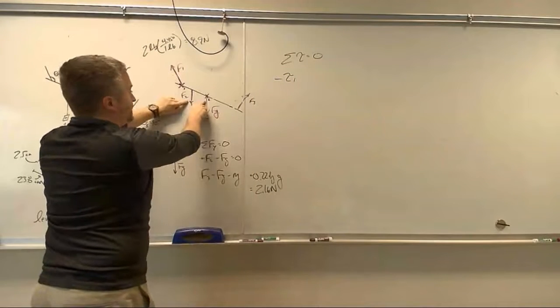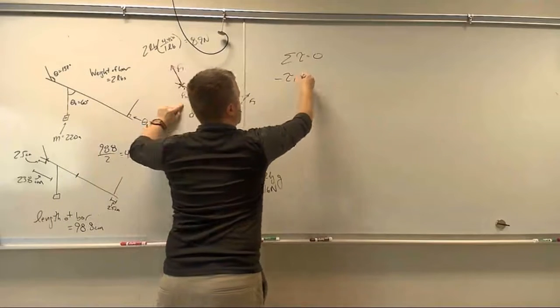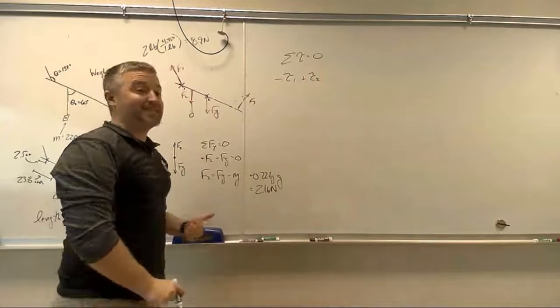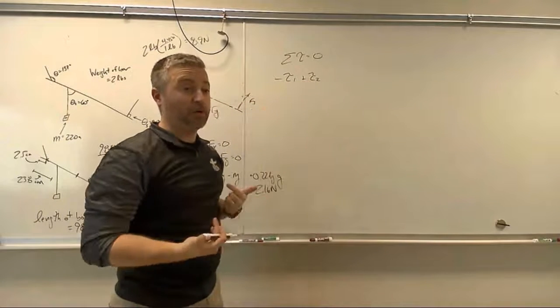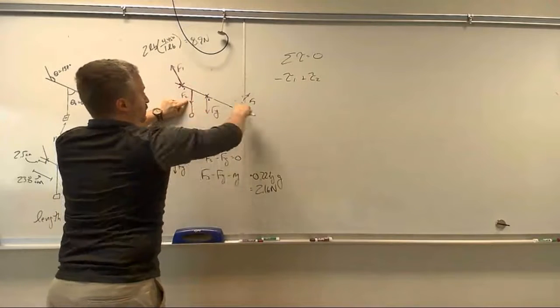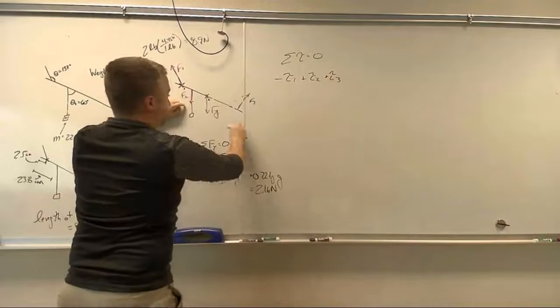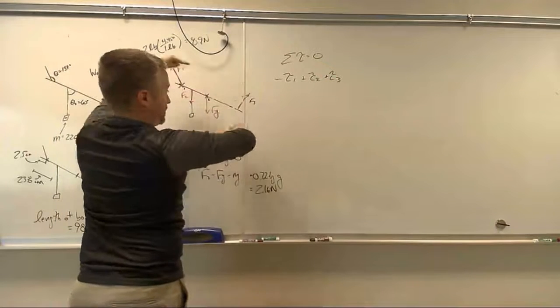This guy is going to make it rotate counterclockwise, so it's positive, which if I'm not mistaken in the first problem, it was negative. So again, I reiterate, the sign of this can change depending on where you put your fulcrum. And this guy is also going counterclockwise, so it is also positive. Even though this one's kind of up and this one's kind of down, they're both making it rotate the same